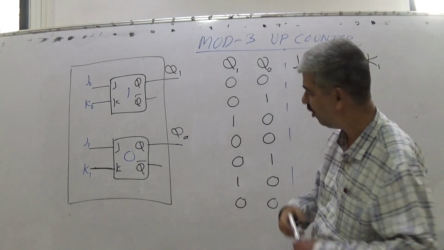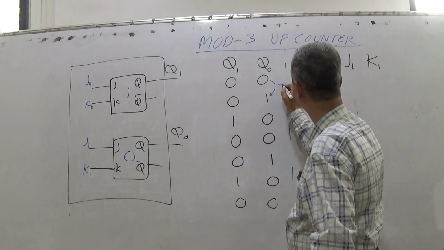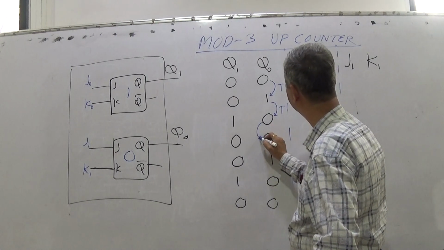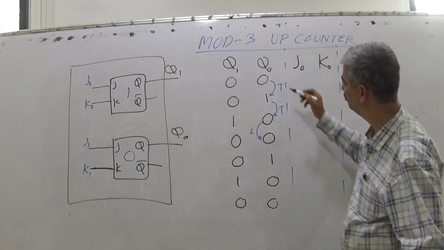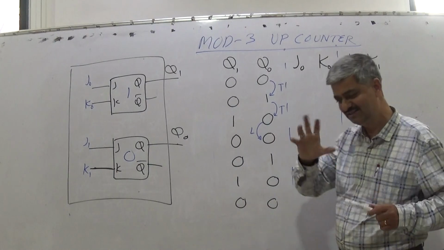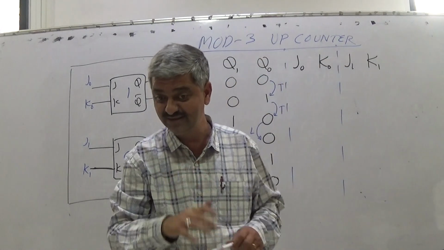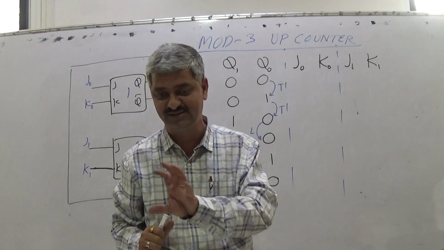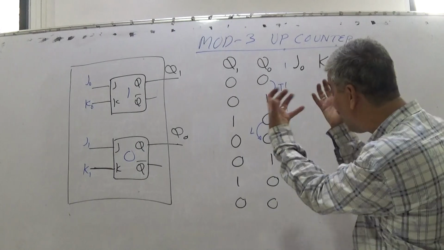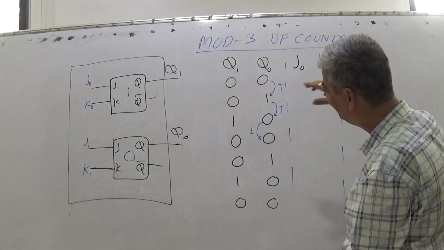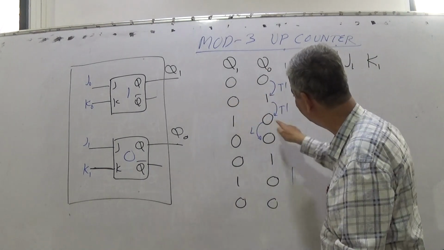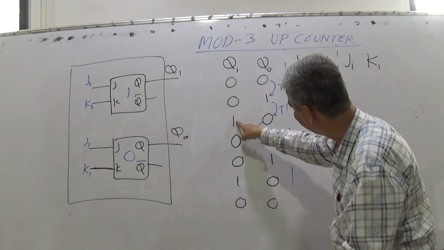So I can say here toggling, and it is toggling, and it is last state. So toggle, last state. This is something, as I again repeat, that no artificial intelligence algorithm would be able to give you. Your eyes watch it, toggle. Your attention is drawn to Q1, this toggling this 0, this toggling this 0, and this last state this 1.